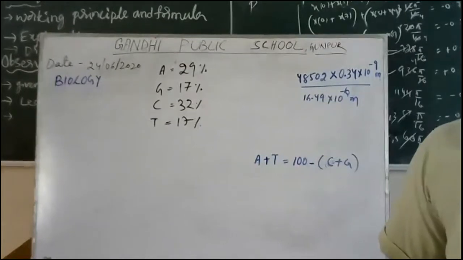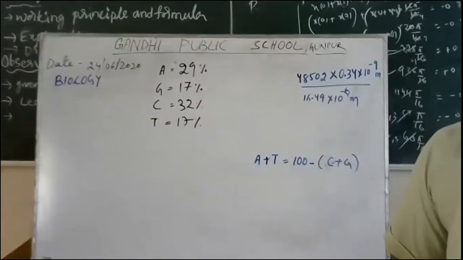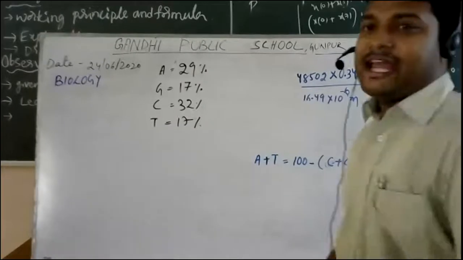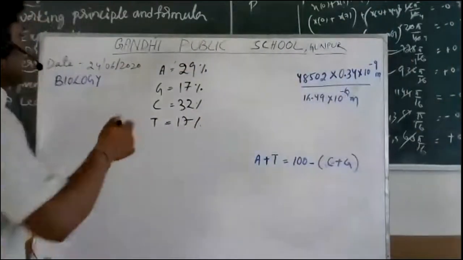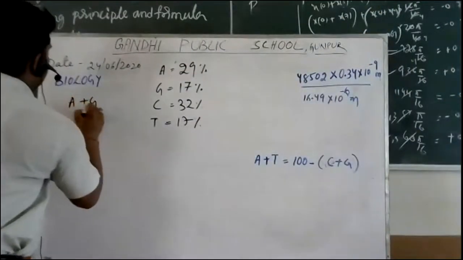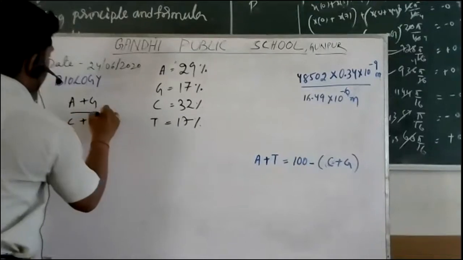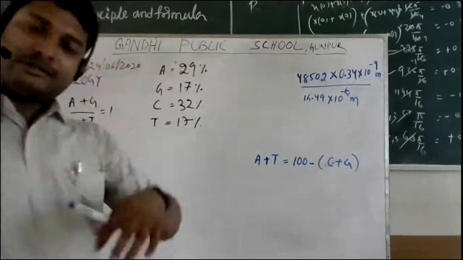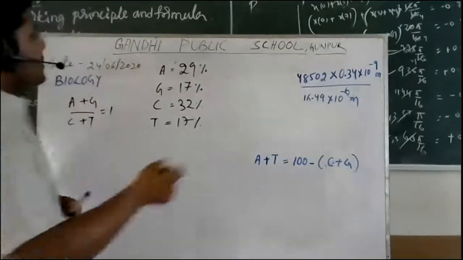So we have to keep one thing in mind. Chargaff's law states the ratio, right? So here, the ratio of A plus G over C plus T equals 1. Are we satisfying this? In simple terms, sir, let us not go to 46 or 49. Let us not go even to this one.